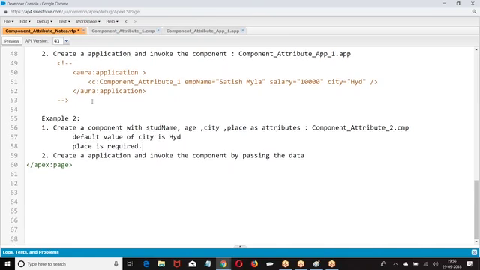Now do this example, everyone. Create a component with student name, age, city, place as attributes, and create an application.